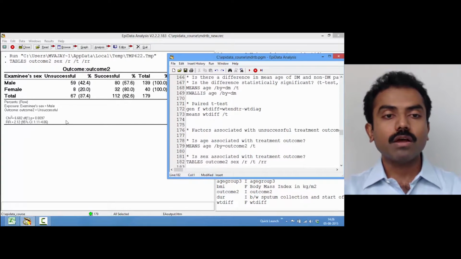Okay, so now you have got the chi-square, p-value, as well as relative risk with its 95% confidence interval. Is this clear? Okay, so 2.12. How do you interpret this 2.12? It means that the